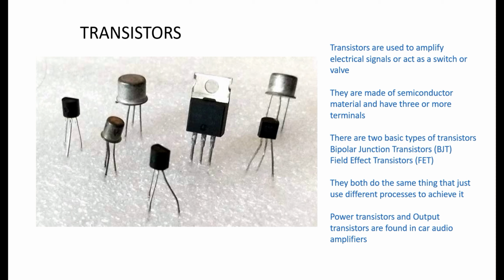They both do the same thing, they just use different electrical mechanisms to achieve the same outcomes, which might be amplifying a signal or switching on and off, or controlling the amount of voltage that's flowing through a transistor to